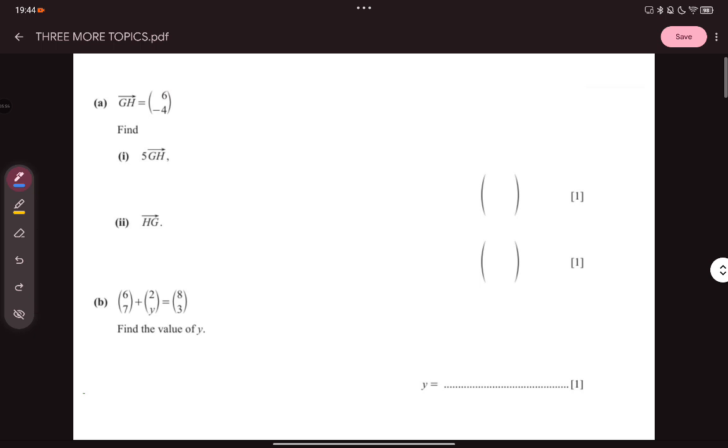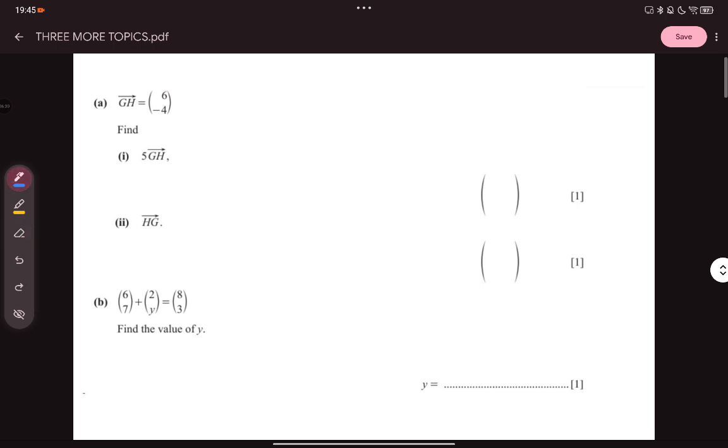So when we say GH with an arrow on the top, we mean we have 2 points. For example, we have the point there called G, and we're moving from point G to H. We're going 6 across, and 4 down. Negative 4 makes 4 down. So from there to there, going 6 across, 4 down will take us to the point H. So GH with an arrow over the top is the vector that takes us from point G to point H,